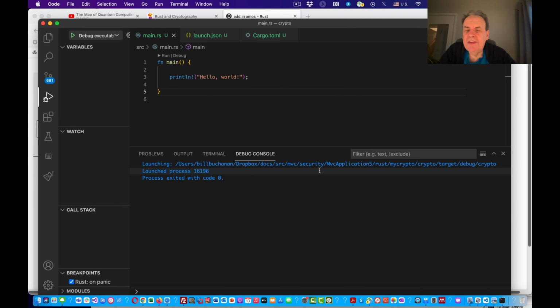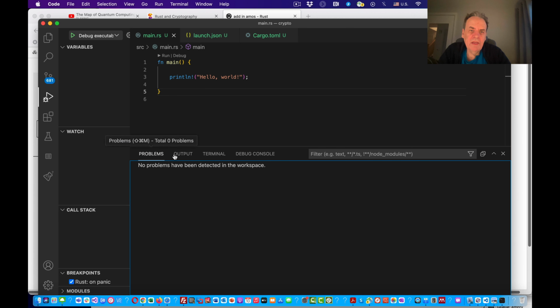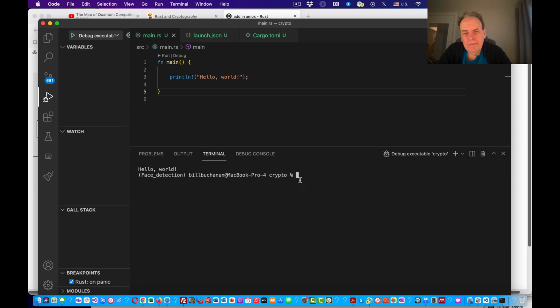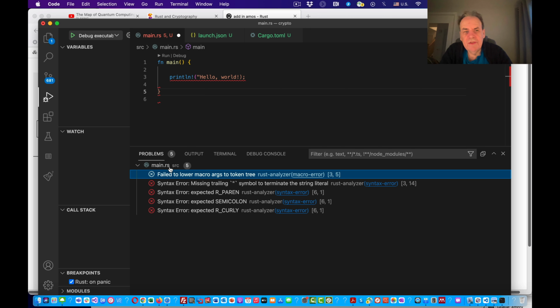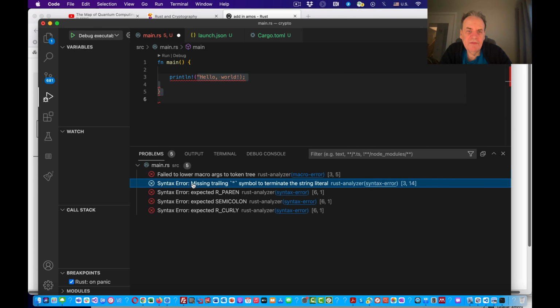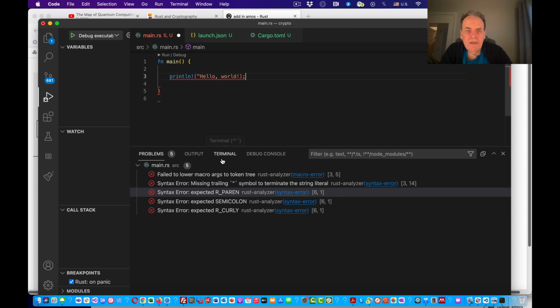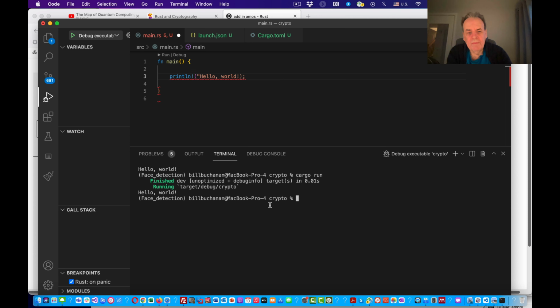Within inside there, when we run now, it will automatically invoke the program. There are no errors in this program just now, so when we run it, it goes straight ahead. But most of the time we're going to have errors in our program, and for that we can look at the problems and try to fix the code that we have in here. The program won't build until we've fixed all the problems.